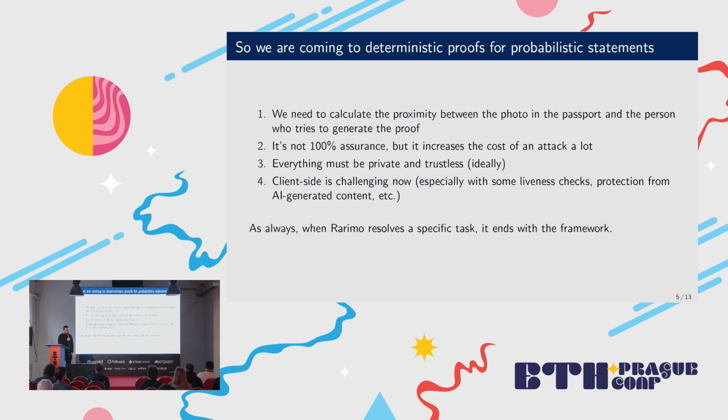What is that? We can prove that the distance between the picture included into the passport and the scan of your face is under a particular threshold. And definitely that's not a deterministic algorithm, so that's not a digital signature that can be verified directly. That's some model that can be executed with some prediction, but you can calculate the difference between these two results. So that's not 100% assurance, but at least, yeah, it's better than nothing, first of all, and